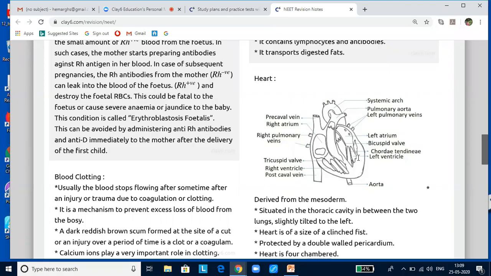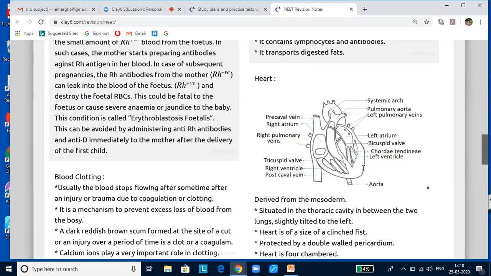Nodal tissue is also distributed in the heart. A patch of nodal tissue is present in the right upper corner of the right atrium, called the sinoatrial node. Another mass of this tissue is present in the lower left corner of the right atrium close to the atrioventricular septum, called the atrioventricular node or AVN. A bundle of nodal fibers continues from the AVN and divides into right and left bundles. These branches give rise to minute fibers called Purkinje fibers. These fibers along with the right and left bundles are known as the bundle of His.